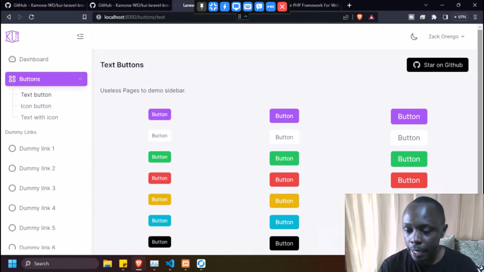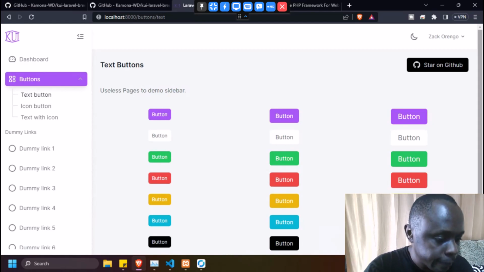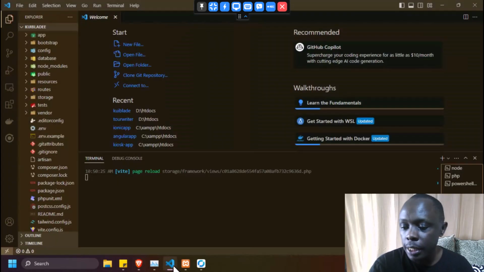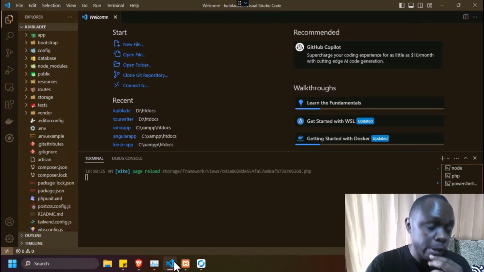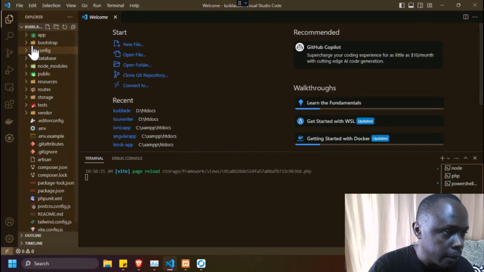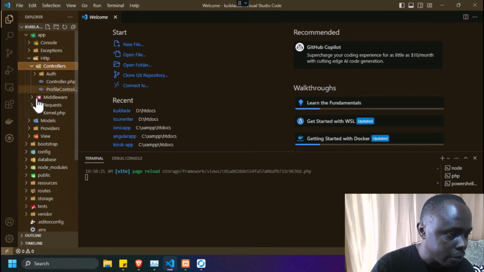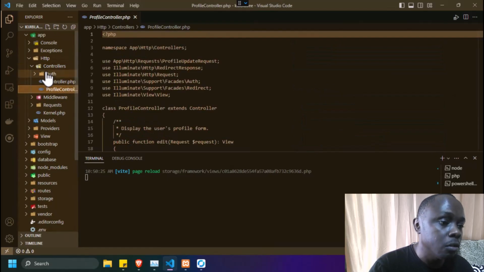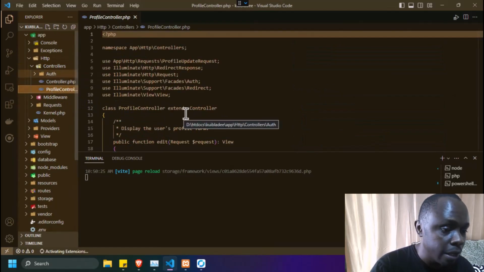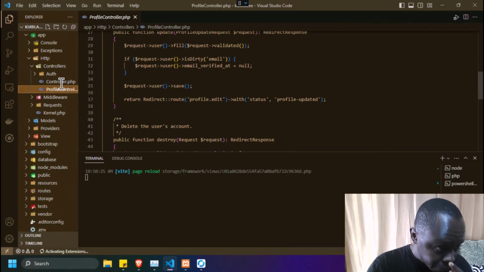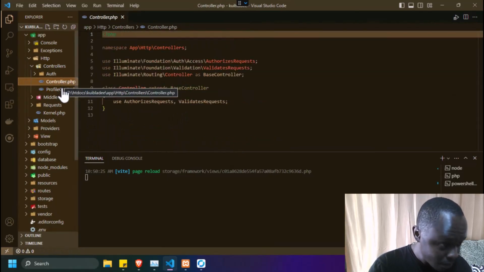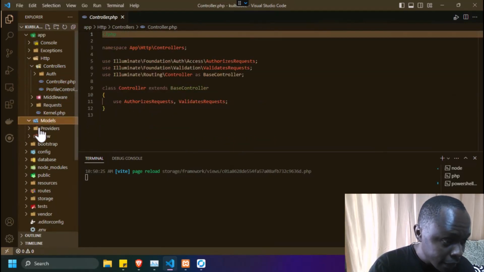So without further ado, let's look at the file structure of this thing, and then we are going to set up a React version of it. So guys, this is the project, and then we have to go to the controllers. Look at the controllers. We have the profile controller, which is just the normal profile controller. You can edit, and also the controller, that is okay. We have the models, and then